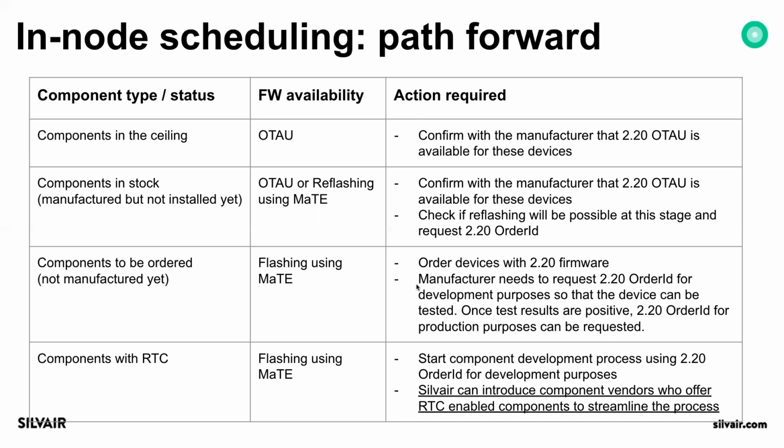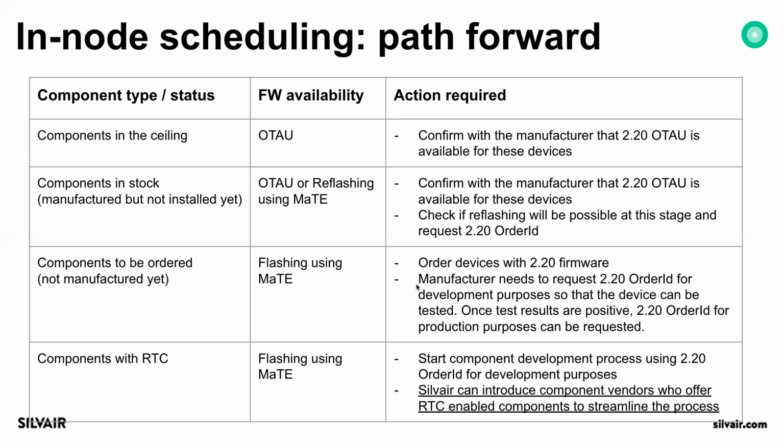update the project through the web app to the newest version, and then re-add or recommission these devices to the project, to the zones as it was before, and set it up according to the specification. So that's how an existing project, or components that are already in the ceiling, can be extended